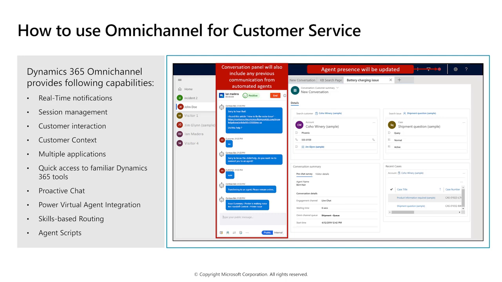So omnichannel for customer service is extremely powerful and one of the newer capabilities, and is really empowering organizations and their customers, helping them to support customers in the best possible way. As interactions come in, cases are created, and we can provide knowledge base articles back to the customer. We can search for them, we can use keywords, we can associate knowledge base articles with the case, we can capture information. We have that same Dynamics 365 interface, and therefore based on that, what we're able to do is